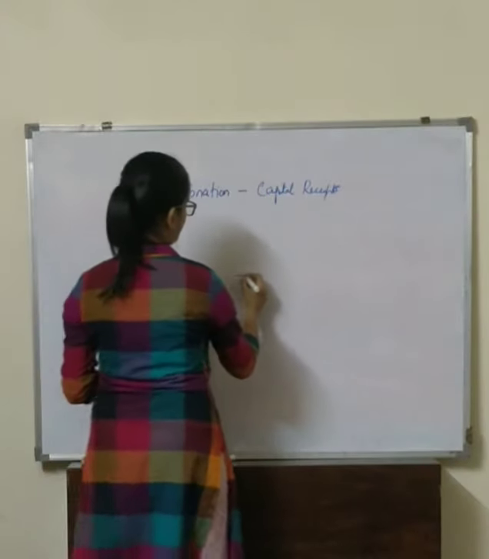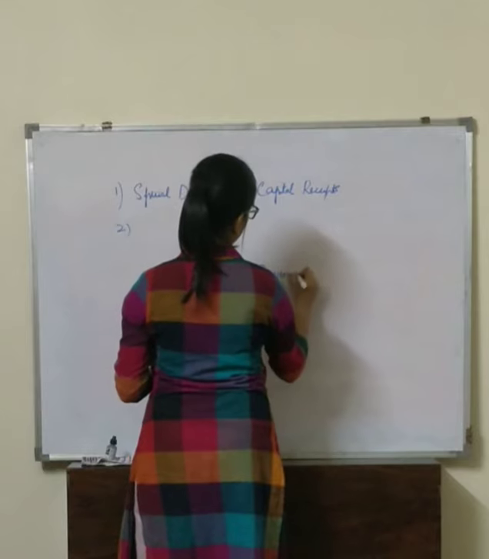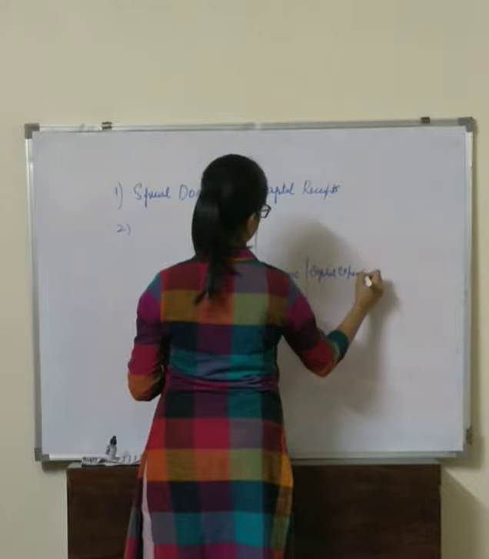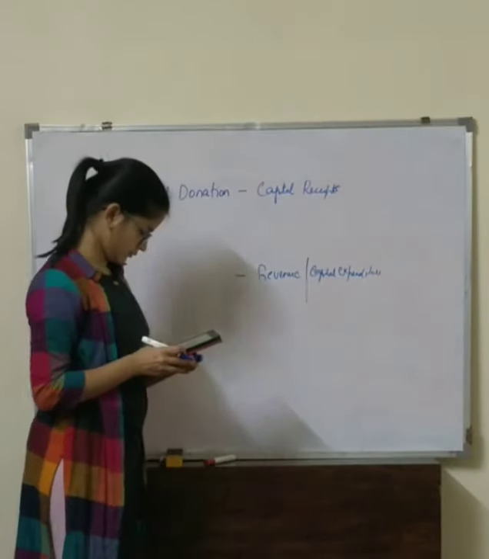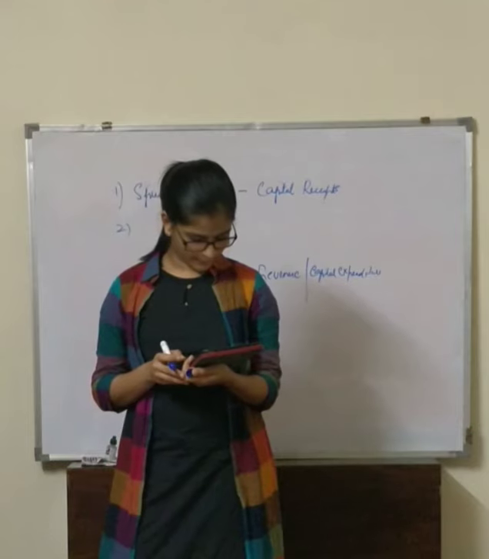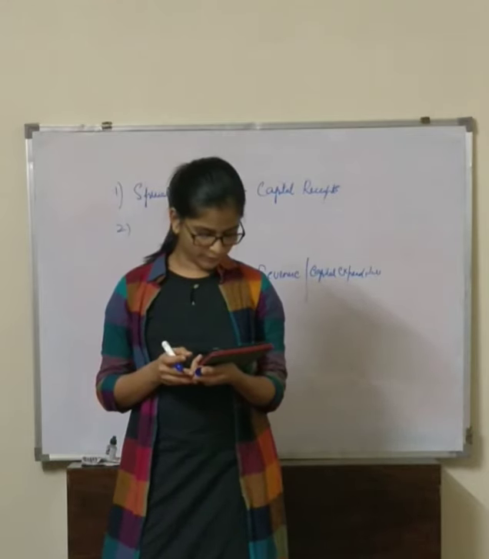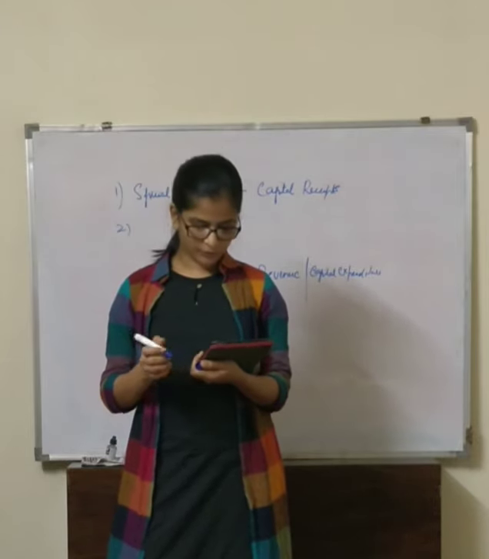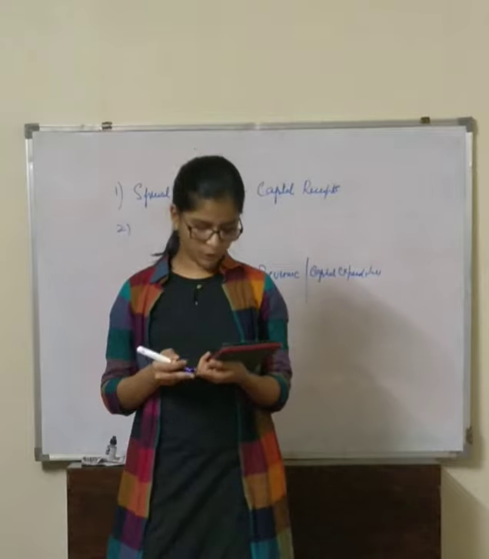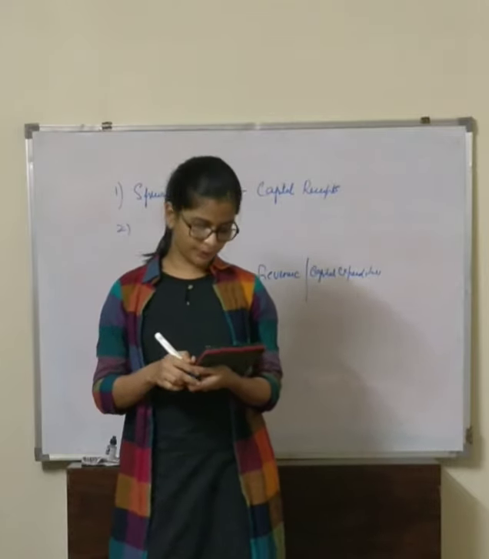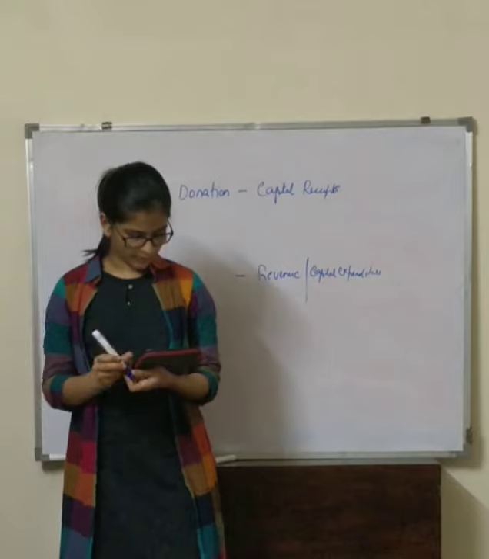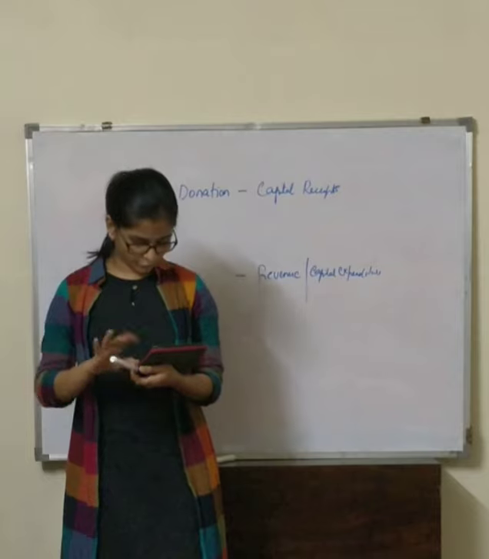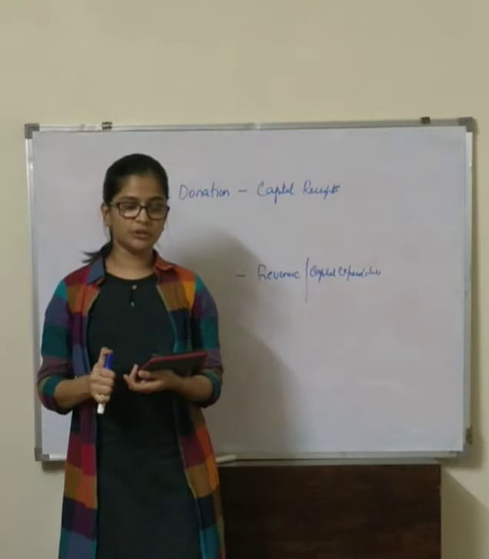So over there you can just put a hyphen and write revenue/capital expenditure. And under that you can write, if it is a new building, then capital expenditure, full stop. Next line, old building, revenue expenditure. Next, cost of air conditioning, it is your capital expenditure. Repairs to building, it is a revenue expenditure.